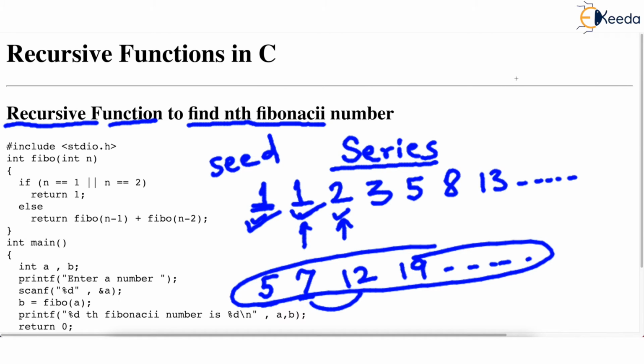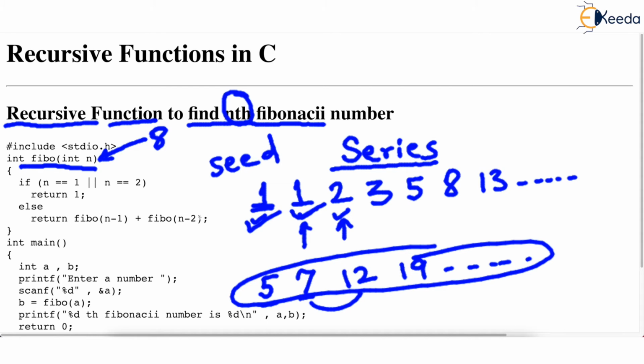Now what really we want to do here, please try to understand, is that we want to generate nth Fibonacci number. Just observe this word, nth Fibonacci number. So here I have written a function int Fibo, int n is the parameter. Let's say I pass n as 8. Then I don't want to print all 8 Fibonacci numbers, rather first 8 Fibonacci numbers. I want only 8th Fibonacci number.